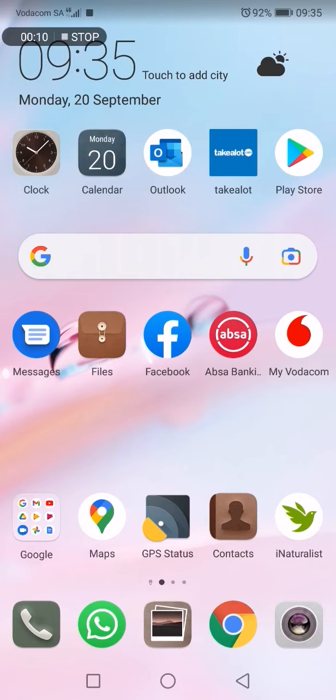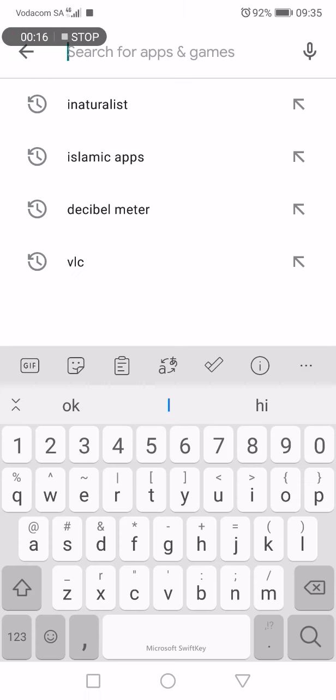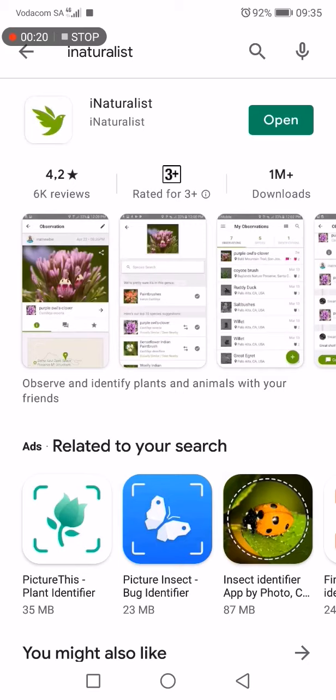So the first thing you need to do is to download the app from the Play Store. So if you click on Play Store and you search for iNaturalist, you will get to the app. The app is free for download. So I've already installed the app, and so on your side, if you haven't installed the app yet, there will be an install button, so you can go ahead and